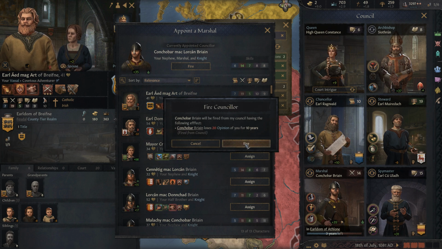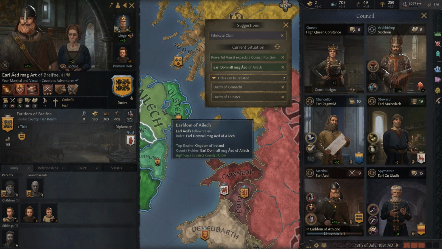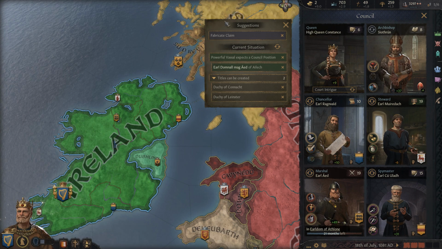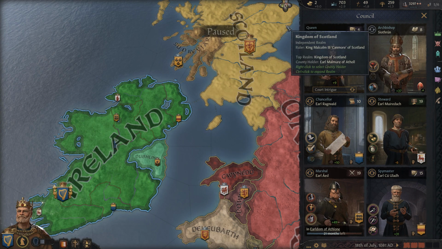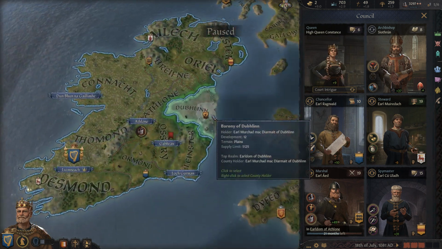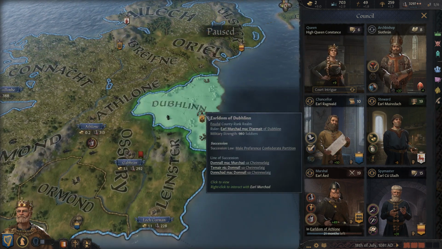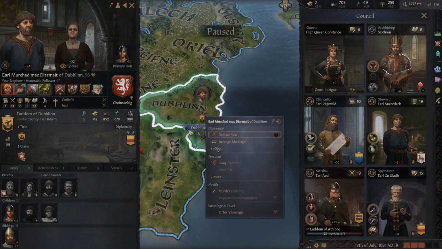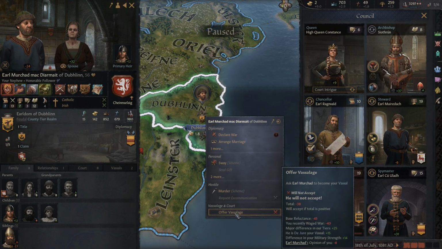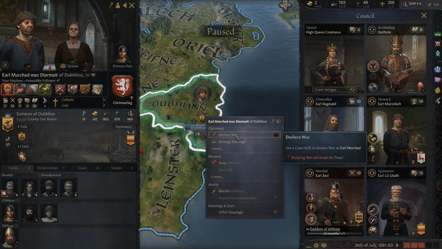Yeah, 20 for 10 years. That's okay. He'll even remain positive through all that, it looks like. So I think we're good. So, now we have this problem to resolve. This guy does not want to become my vassal. And I am not necessarily opposed to declaring war, but